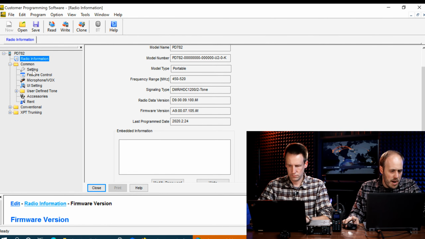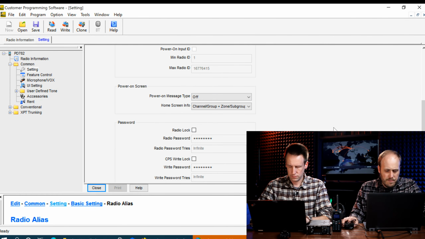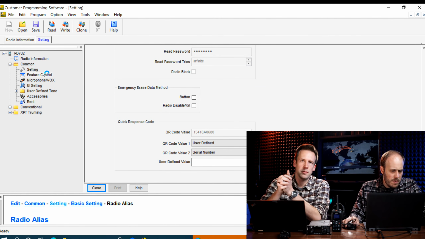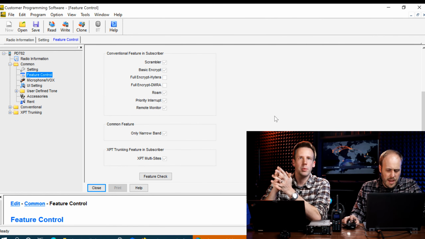And then we have radio settings. There's some common settings for a name for the radio and stuff. And none of this is very important. You can lock the radio. You can give a power on message. Just a whole bunch of different settings. But where it really gets interesting, it reminds me of messing around inside of Nokia and Motorola phones back in the day.